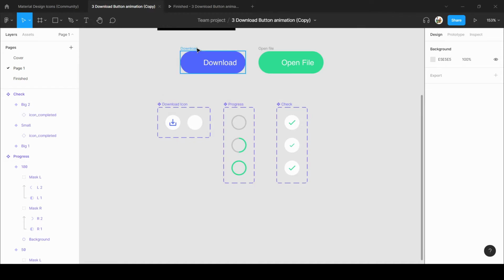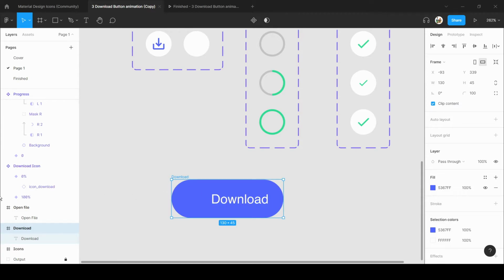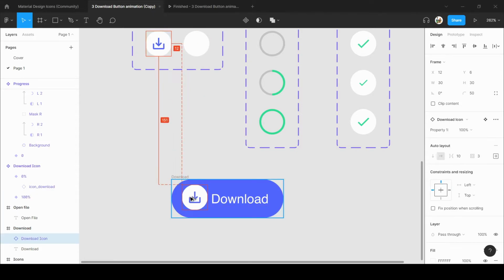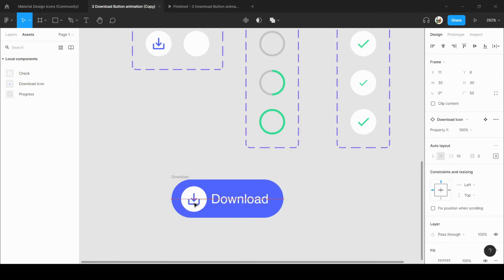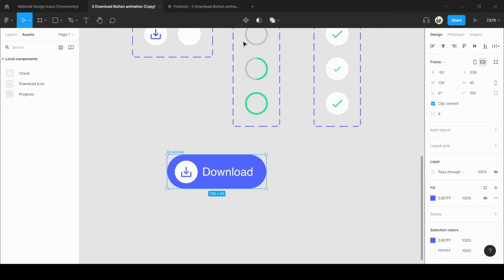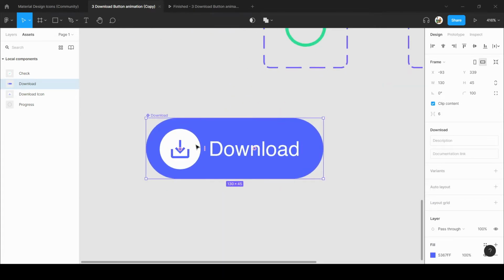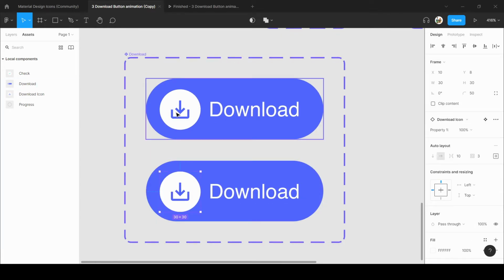So what I'll do is I'll just use this icon here, and what we are going to do, just use this icon and drop it in a frame. You can duplicate this from here also, or you can just go to asset and here make it as a list view, and here you will find the download icon. So from here I will adjust this, and for this download button create a component. Now we need a variant of this, so this will be a first download button.